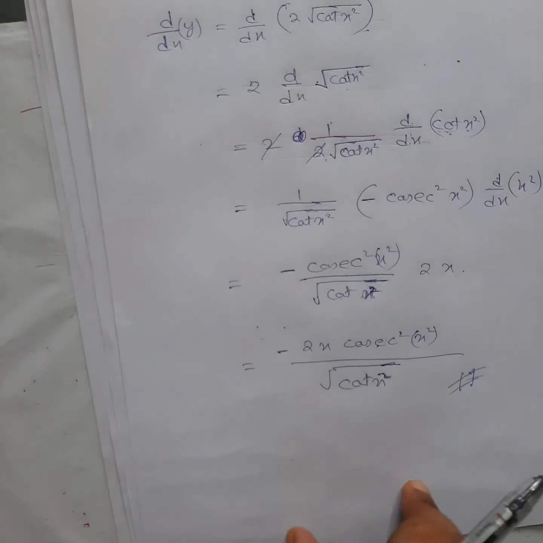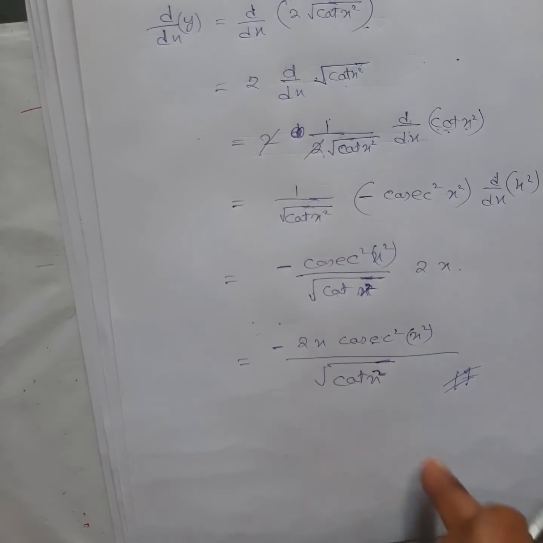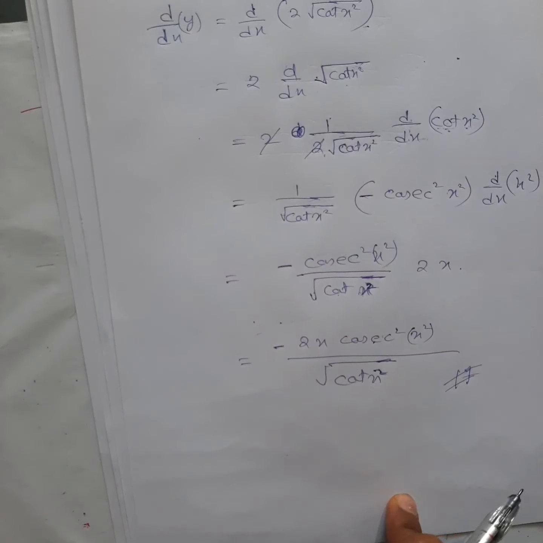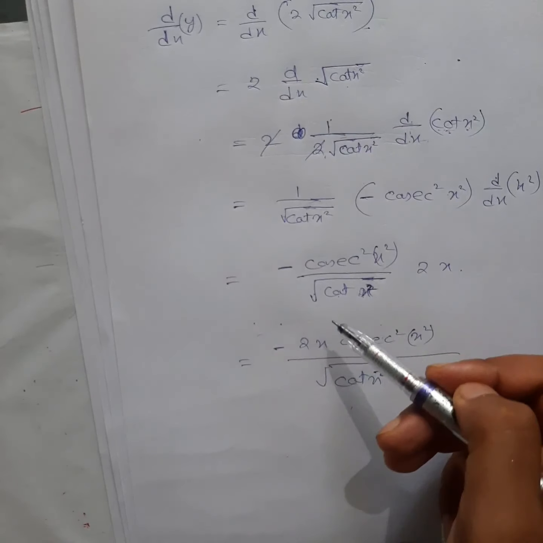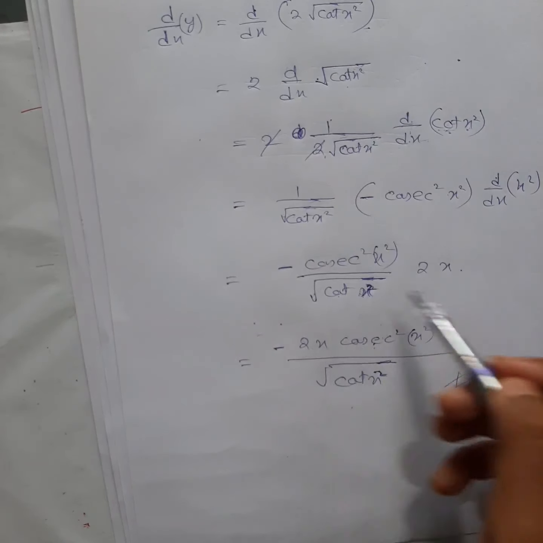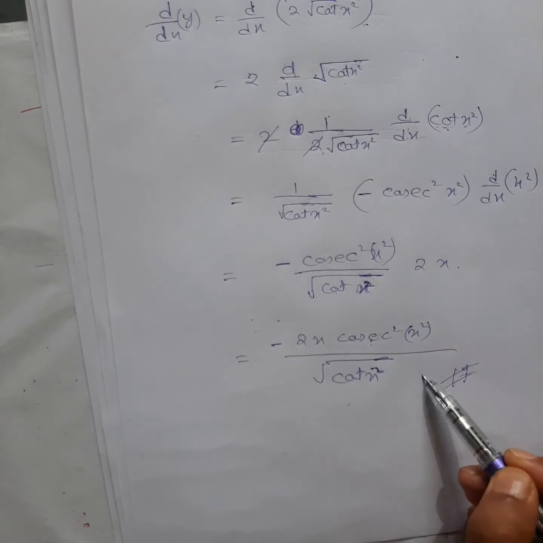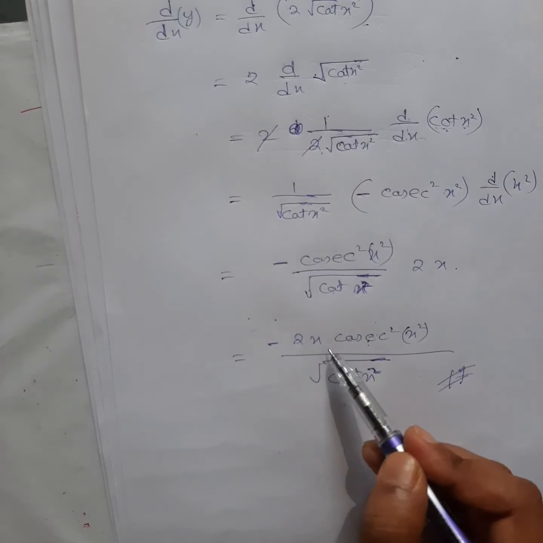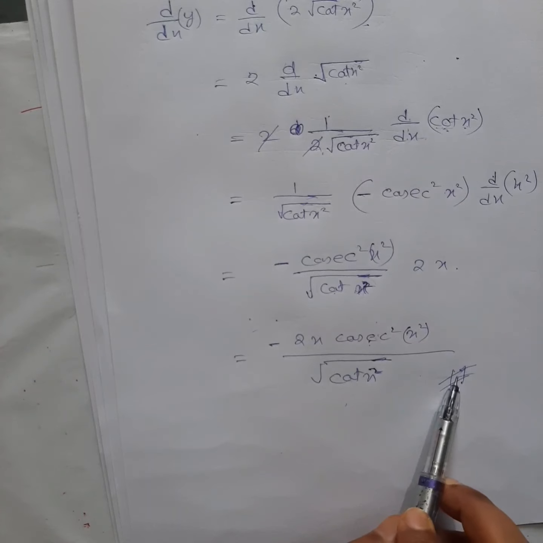If you need me to show the form which is there in the book answer, and want me to convert into that, then let me know, I will show you. You just convert this one into 1 by sine and this one cos by sine, so sine squared will come upside, square root of sine, and then there will be no square root here, right? You can write that in terms of square root also, and this will get cancelled, and then you will see that in the denominator you will get sine and cos both, right?